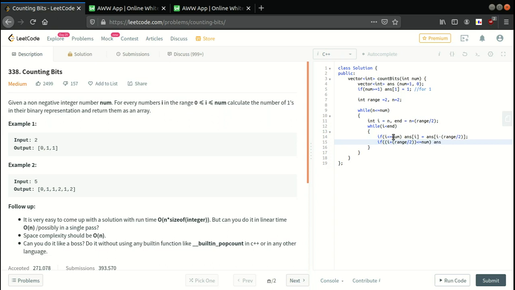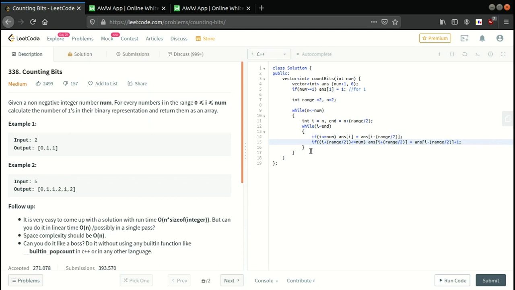So answer of i plus range by 2 will be equal to answer of i minus range by 2 plus 1.